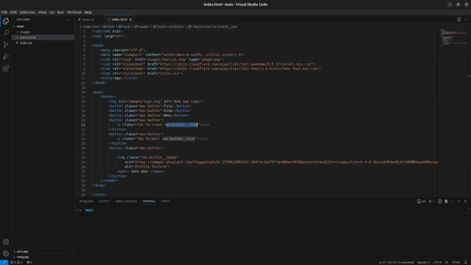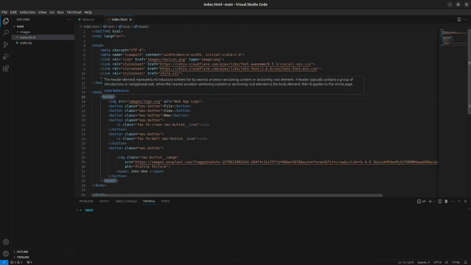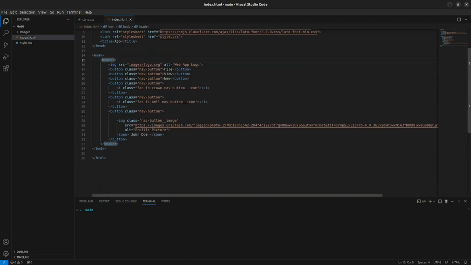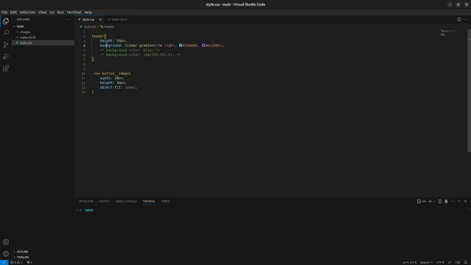Remember that the header is inside the body of our HTML page. It's the only stuff we have inside the body right now, and so every other thing is inside the header. The header is that blue part that we are seeing, and that's why we gave it a background. So I'm not just giving it a background color. I could have given it a background color of blue, but since I wanted a linear gradient,